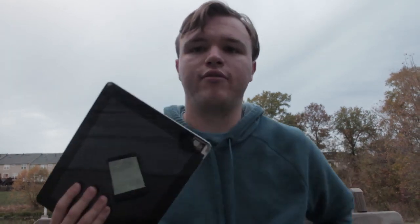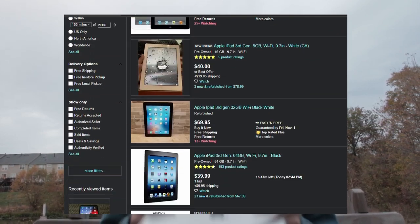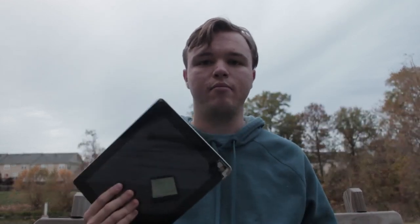But if this is all you can afford on a tablet, then you can find these in good condition on eBay for about 50 bucks, which isn't too bad of a price if that is all you can afford. All in all, this device is way past its heyday, but it's still usable in 2019. The one thing you just have to have with it